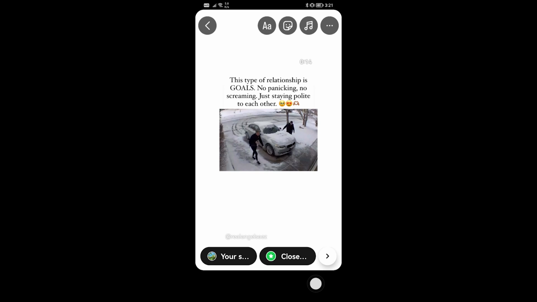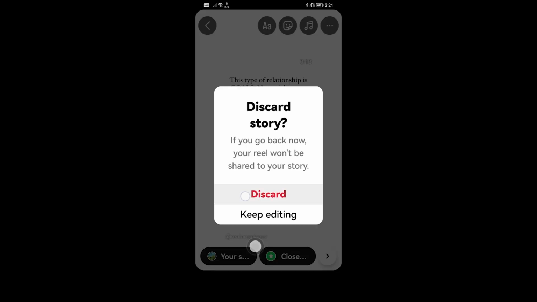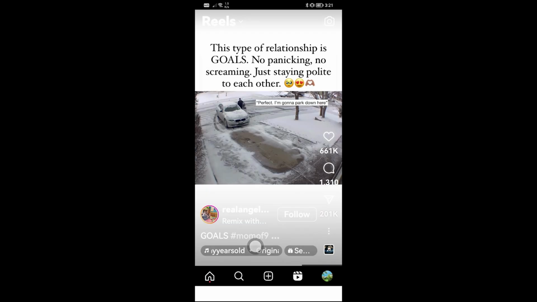And if I were to do this one, this is what we will see. So you have here the reel itself, and you have here the name of the one who posted this one. The problem here is that this is only available to your friends. Only your friends will be able to see this one and not the public. So in order for us to be able to add a reel here or repost a reel here for others